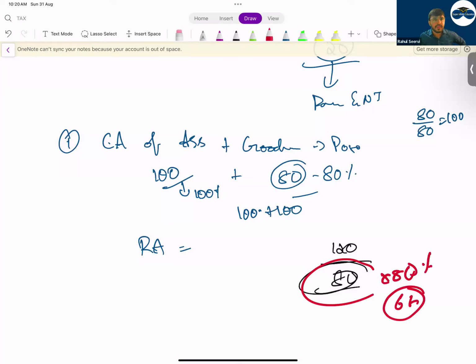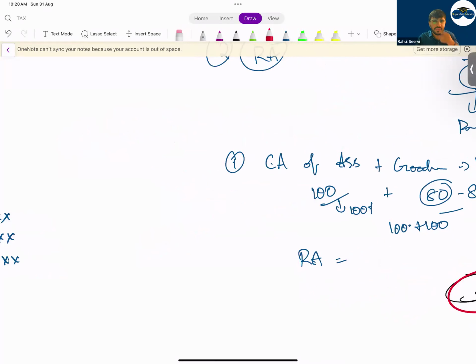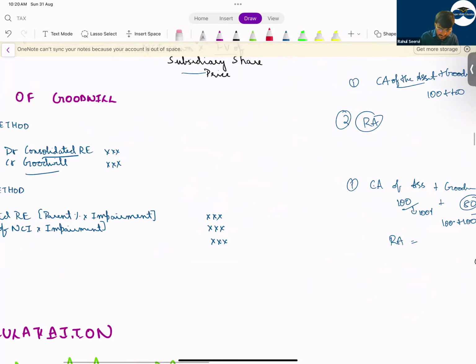Understand that. Even though it's the proportionate method, to compare, sometimes the examiner will give you the recoverable amount and you have to calculate the impairment. The impairment will not be given directly. This was tested in previous papers a lot, but in the last 3 to 4 attempts I have not seen this type of question. But it can come, and you should be able to do it in your exam.